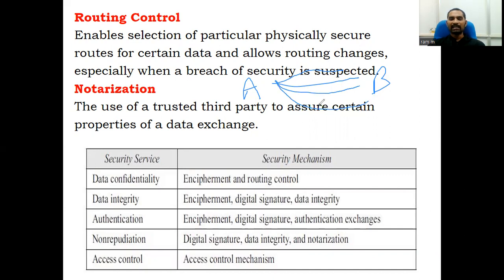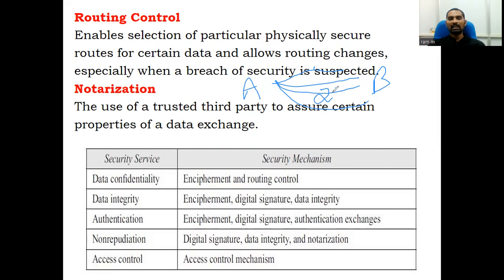Now, instead of me, consider a Chief Minister wants to go from A to B. What the police will do is assess these 4 routes, and from these 4 routes, they will find the best and secure route. For example, consider this one takes only 2 kilometers. This is the best route, but this is not a secure route.